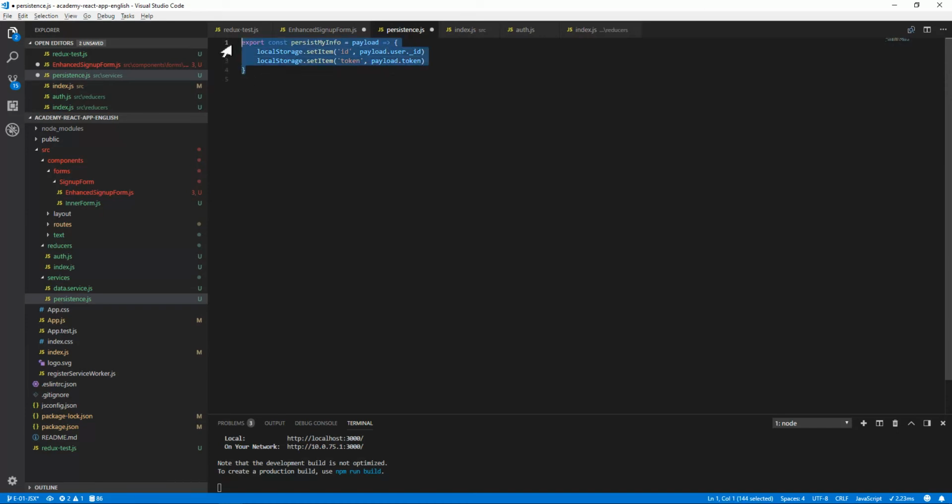We could also have another function that is called unpersistMyInfo. This function could be called when we log out to remove every trace of our